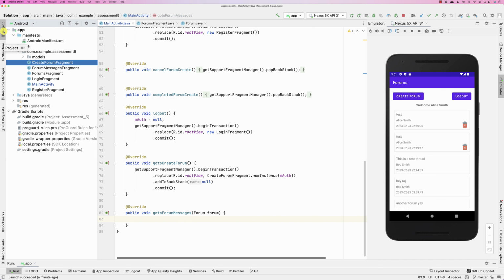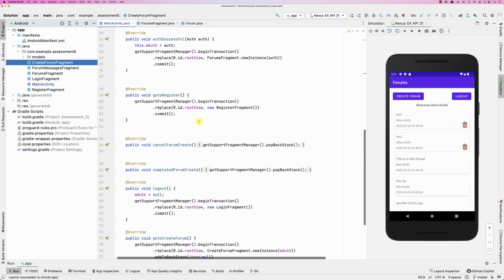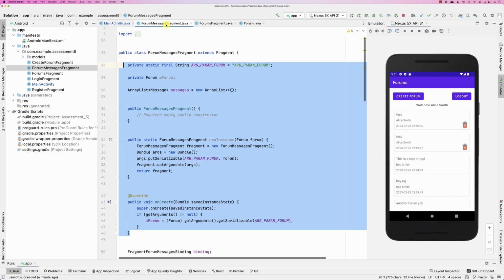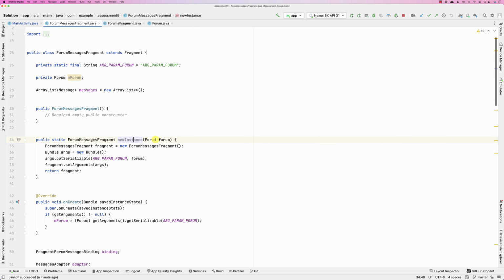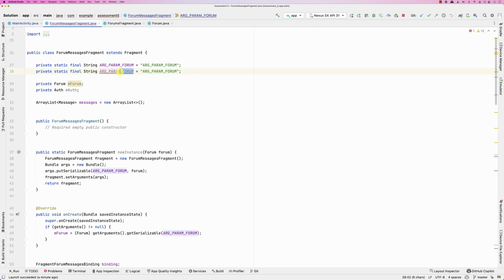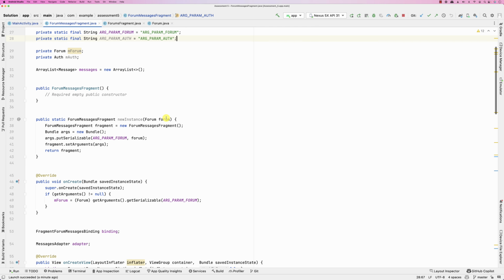So basically I need to go and edit how we do stuff here. So let me go to the forum messages fragment. It already has a new instance that's going to receive a forum, but I want to add to that also a private auth mAuth, right? So that's this, and I want to add another parameter here. I'm going to call it the auth parameter, or the auth key. The key is auth. All right, good. We're good here, and I'm going to expect